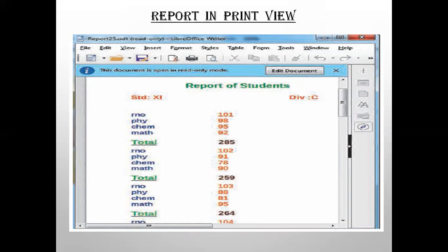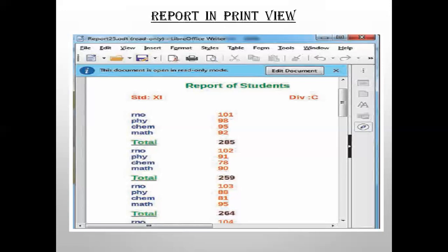If you want to edit the report, then you can click on this edit document button that appears in the blue ribbon at the top of the report. When you click, it will allow you to edit any of the contents here, the text boxes, the label, the calculations, the fields, anything. Now, after you make the changes, save the report again and then close it. It will be saved again as a Writer file only. The report can be saved for further use, or it can be printed to make a hard copy.